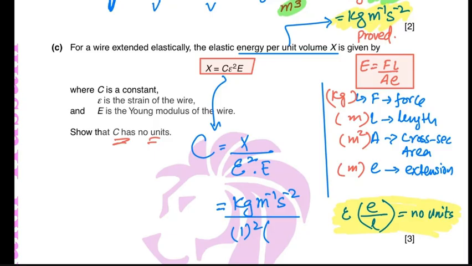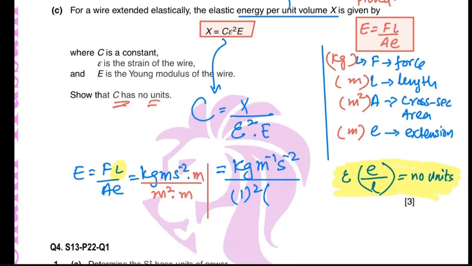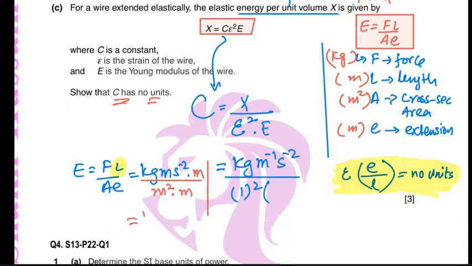So if I write the formula again, FL over AE for Young's modulus. Are you there with me, Asif? Force is equal to kg m s minus 2, into length. Length is m, over A. A is meter squared, into E. E is meters. So this will be simplified to kg m power 2, then